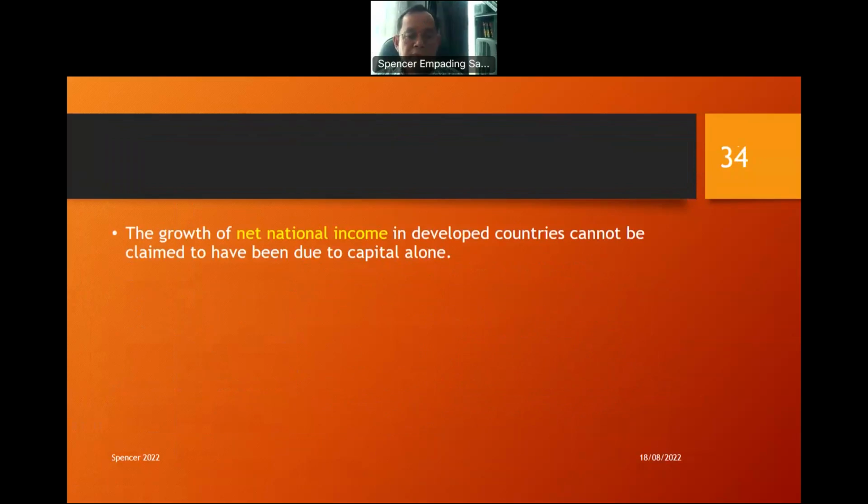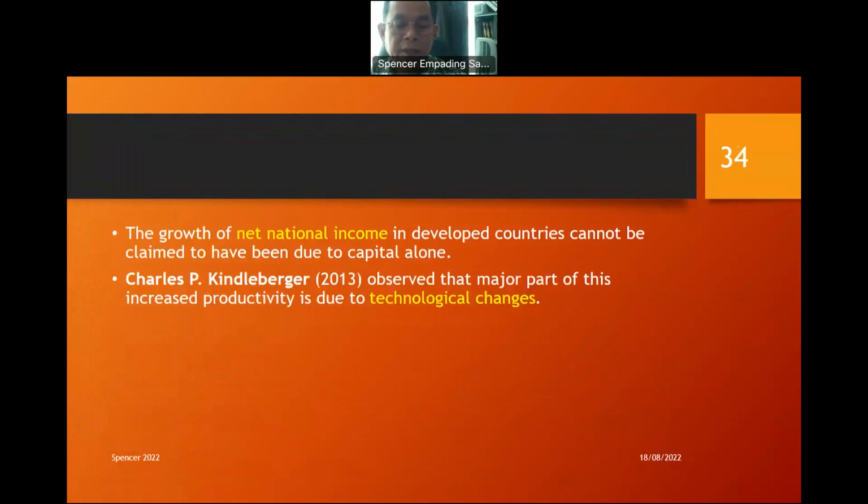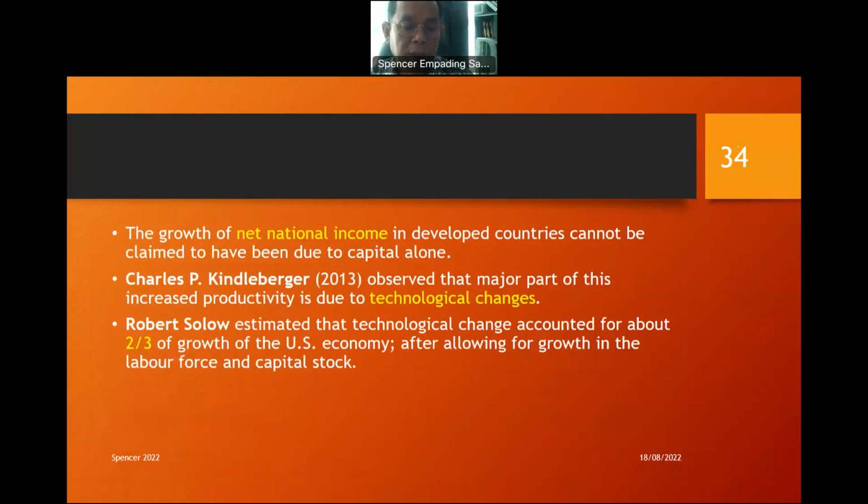So the growth of net national income in developed countries cannot be claimed to have been due to capital alone. For example, Kindleberger in 2013 observed that a major part of increased productivity is attributed to technological progress or changes. Also, Robert Solow, who came up with Solow's model of growth, estimated that technological change accounted for about 2/3, more than 60%, of the growth of the U.S. economy,